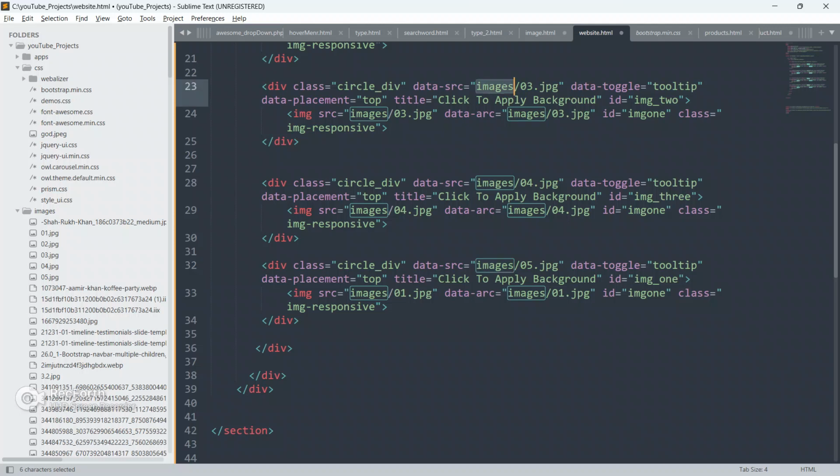Inside this images folder I have got these images, that's why I'm doing this here. So make this also 5, make this also 5, and give this as 4.